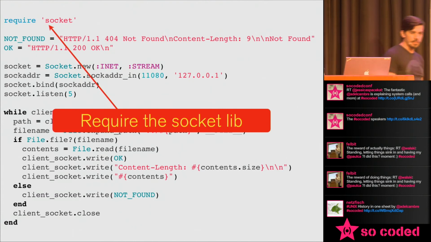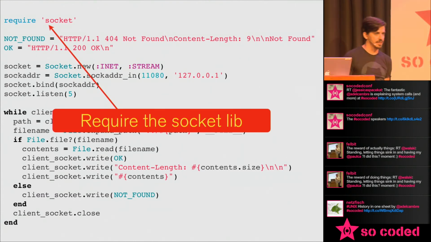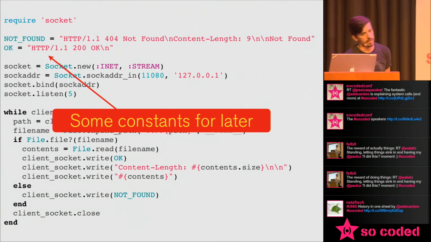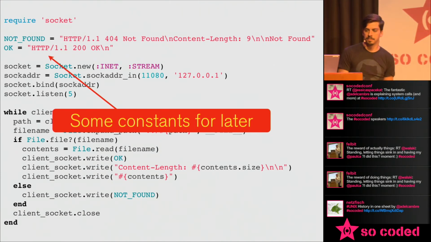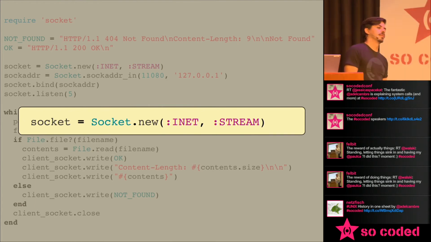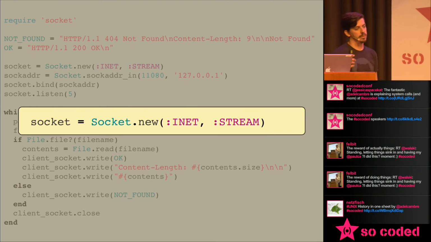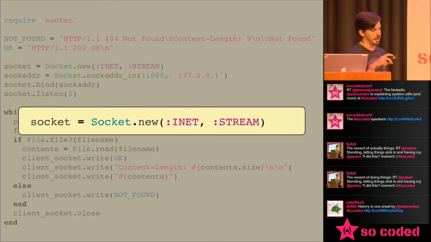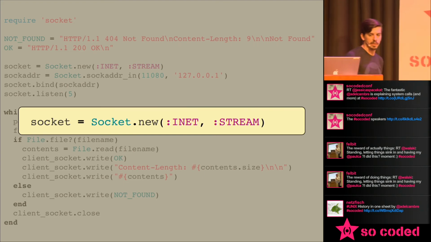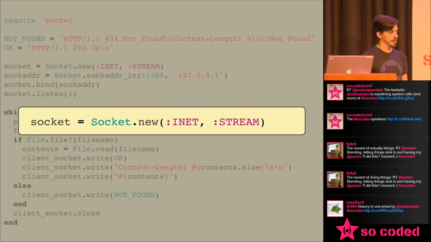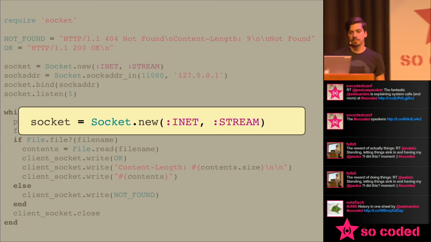So first, we require the socket library. This is how in Ruby we set the socket library up to be used. We define some constants to be used later. These are the HTTP codes. Then we get into the meat of it. So this is the socket API call. This is calling down into the socket syscall, creating a new socket, which is an IPv4 TCP connection. If you were doing UDP rather than TCP, that would be datagram rather than stream. You could do INET6. And again, you get down into esoterica really fast, but this is the most common.